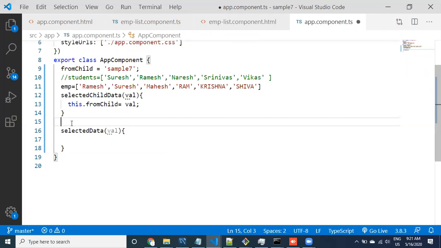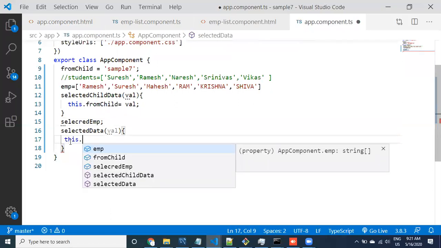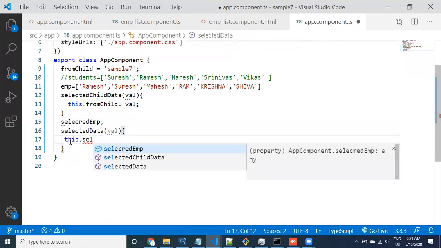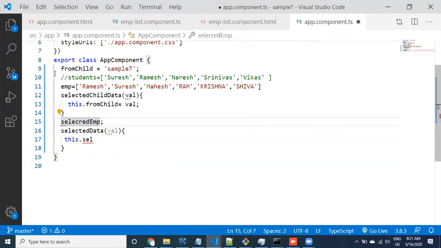You can take the property like selected emp, this is a property, and you can set this value to the selected property.